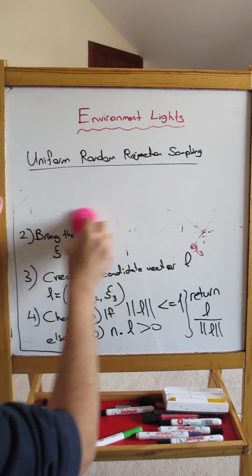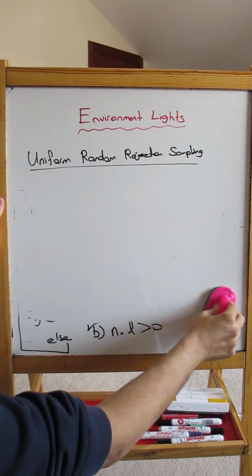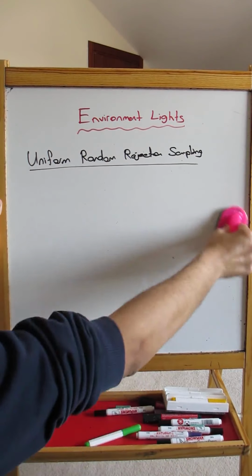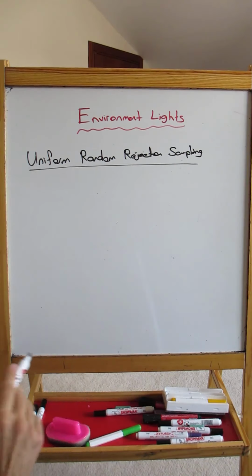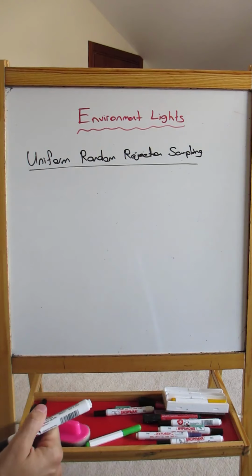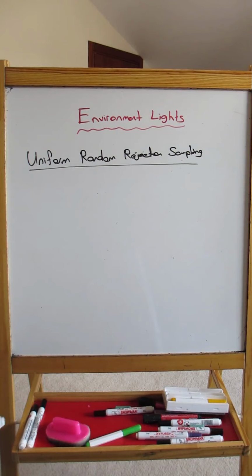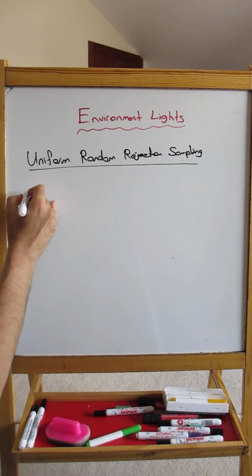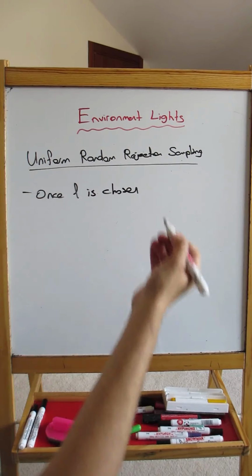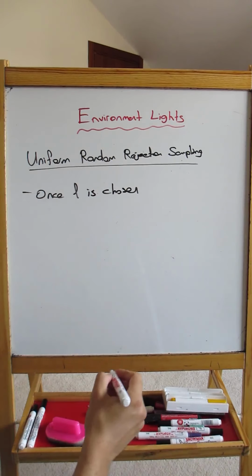So after we compute our L, what are we going to do? First of all, in the last week PowerPoint slides that I shared, we have learned about HDR imaging. One of the uses of HDR images is as environment maps. HDR images can be environment maps because they can represent the high dynamic range lighting in a given environment. So once L is chosen and normalized to be a unit vector, we